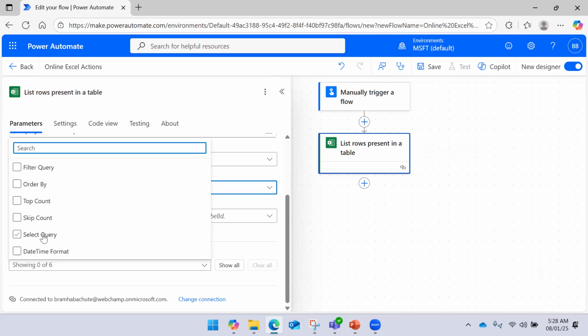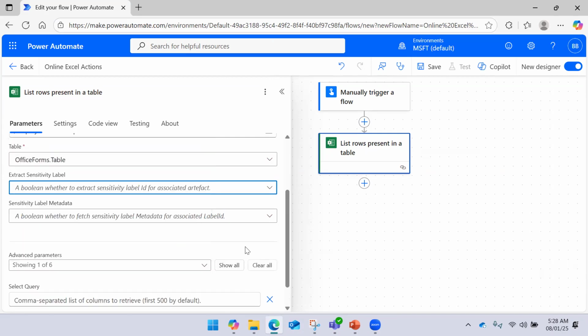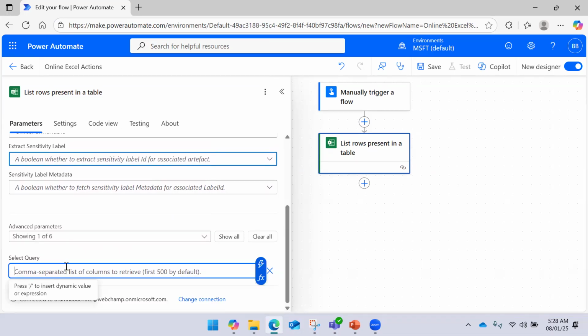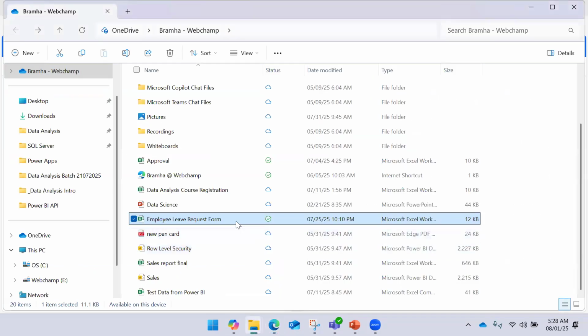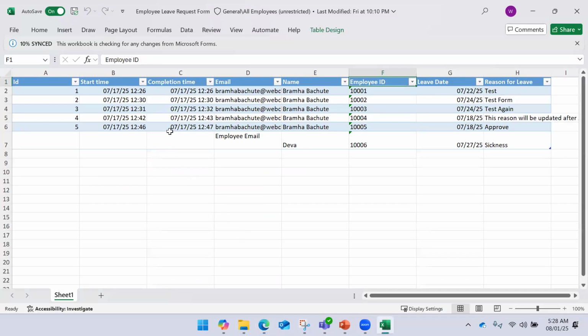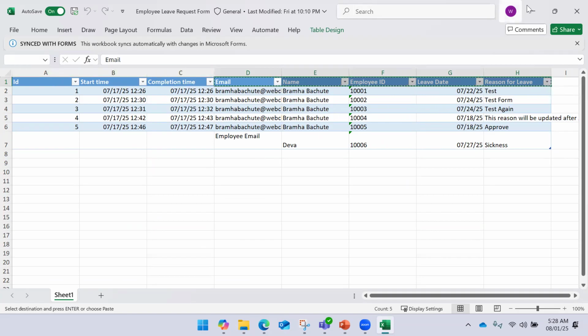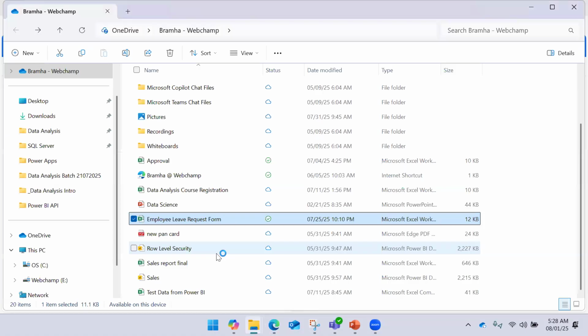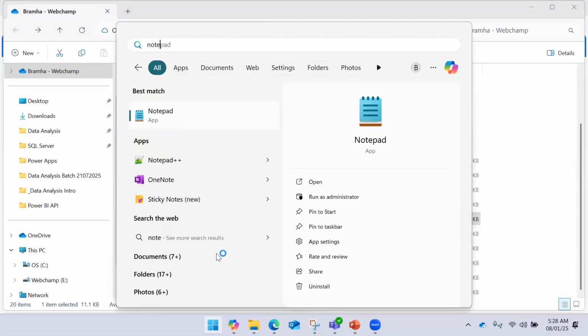Okay. So let me select the select query. Okay. And what it is saying, it is asking me to give a list of comma separated columns. And the first 500 columns will be retrieved by default. I don't want to do that. Okay. 500 columns is too much. I wanted to get the data for these many columns only. I don't want to get this column A, B, C data, right? So what I can do is pass the comma separated list there,